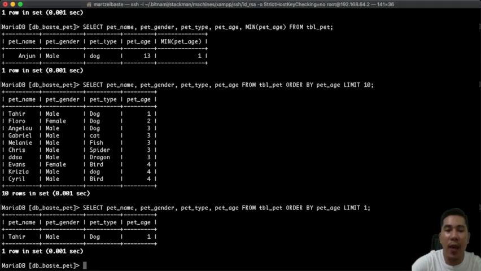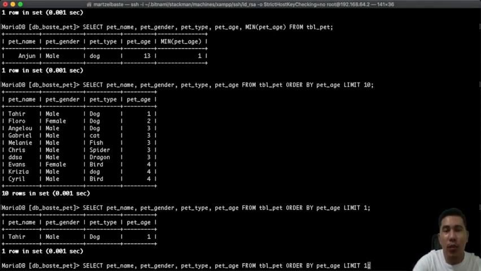And this is without using an aggregate function, only using the order by clause. But this one also has limitations, and later on I'm going to show you the limitation. Another solution could be